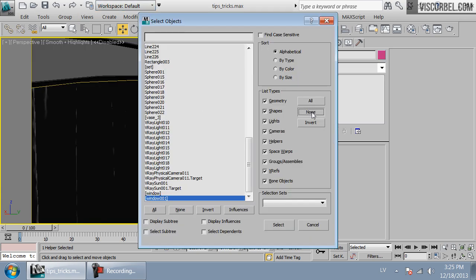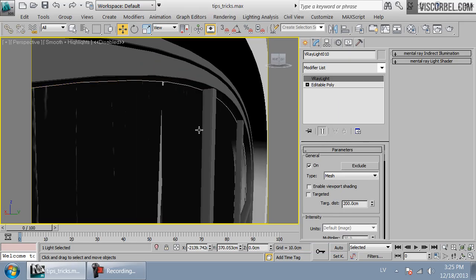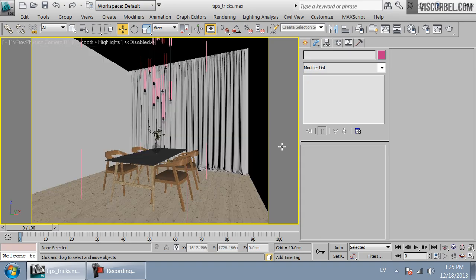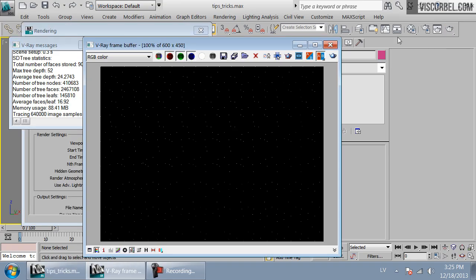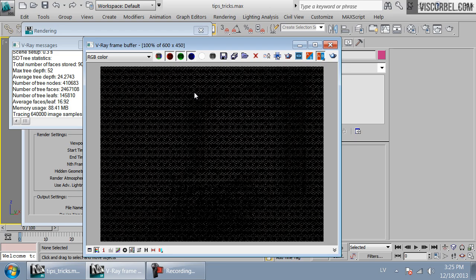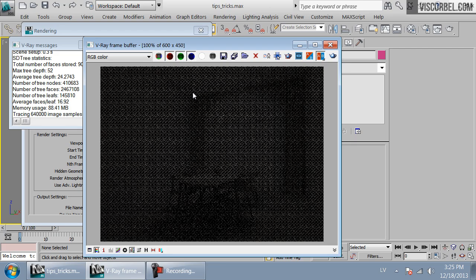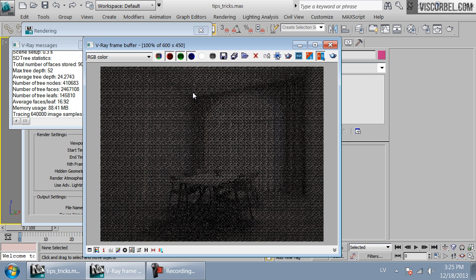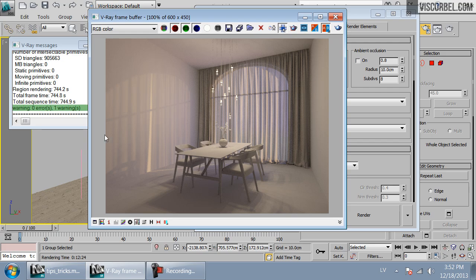Okay, so I'm just going to select my V-Ray light, go to exclude and make sure the curtains are added here in the exclude list. So let's render and see how the shadows look with the curtains. Okay, so curtains also give some interesting shadow patterns inside, but they block the view outside the window somewhat. So speaking of view,